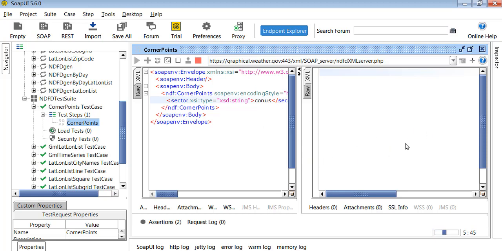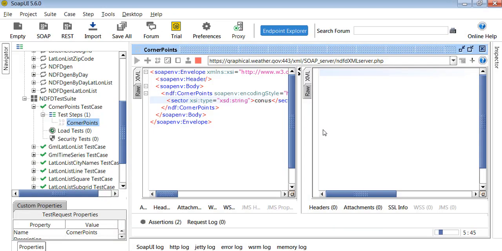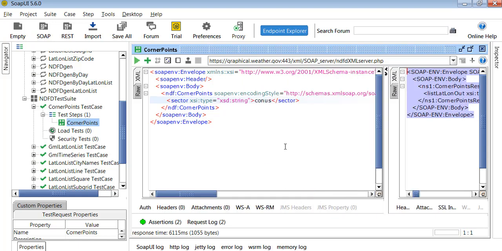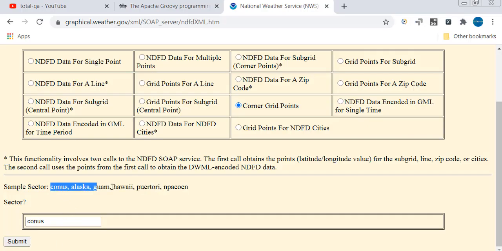Now, once we get the outcome, our objective is how we are going to maintain all these values, and how we are going to parameterize the same test case with this set of values. That is our objective. I think it's still taking some time. So now we got a response here. The response is shown in the response tab and the test case is executed successfully. In the part 1 video, we already created multiple sessions, and they were successful. But now, as I said, how are we going to maintain this data? We have a total of 5 or 6 values. How are we going to execute the same test case with multiple sets of data?